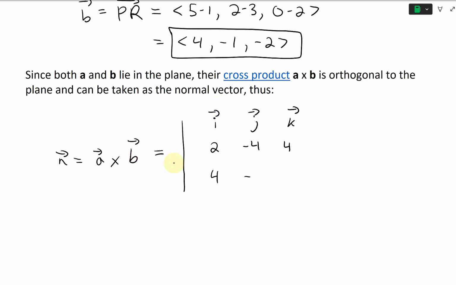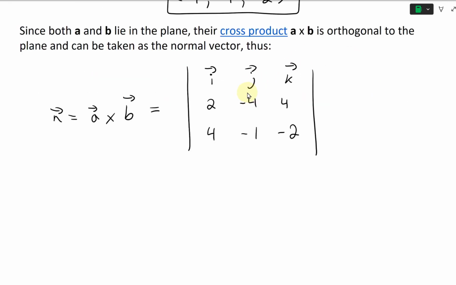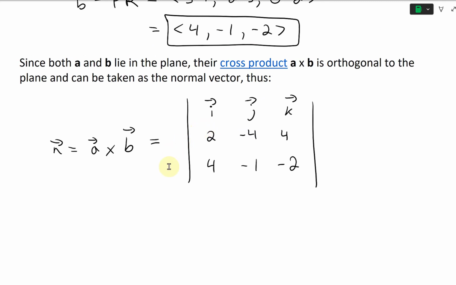Yeah, so each row is a vector. So this vector, and then this one here. So negative 1, negative 2 right here. Yeah, negative 2, like that. And then do this. All right, so if we take the cross product here, if we remember, what we'll do